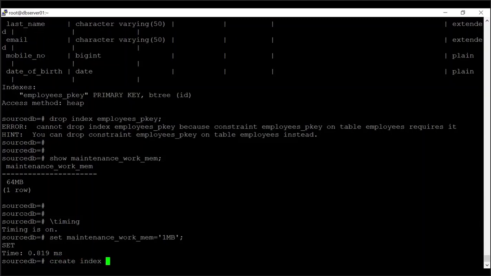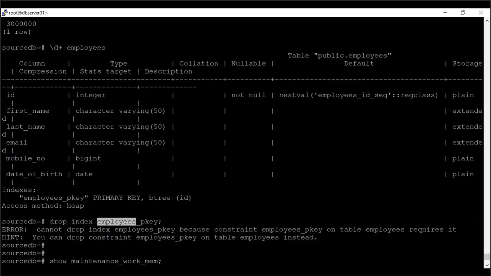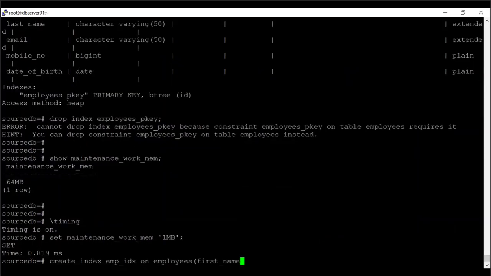We can just give any index name, so EMP_IDX or something, whatever the name, on the employees table. On which column am I trying to do it? I already have an index on the ID column. This is actually not a good candidate to create an index on, but still, for testing purposes, I'm trying to create an index